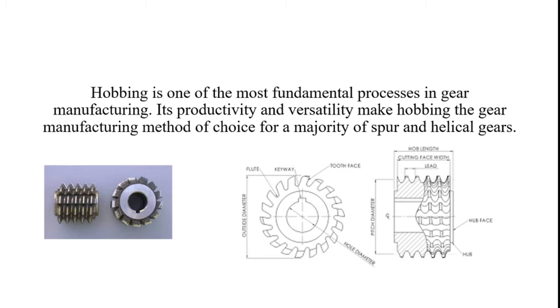The teeth are arranged back to back with some helix angle, so the gear hob tool has its own helix angle. You may understand from this tool diagram, the tool's teeth are arranged back to back with some small angle. From that helix angle, the cutter cuts the workpiece and forms the gear profile on the gear wheel. Other parts are flutes, as in a drill bit. It has flutes for relieving the chips from the cutting zone, and the keyway for fixing the tool on the gear hobber axle.